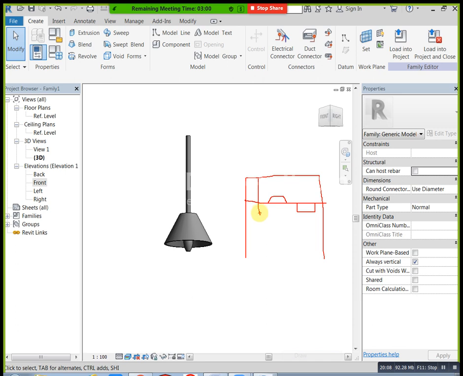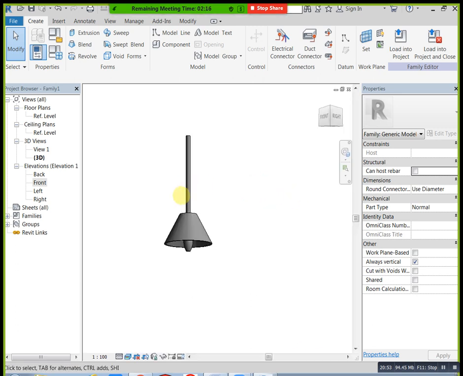This is recessed unvented. This is recessed vented. Depending on that, we need to mention which type you need. This is free handle, that's why we consider it not ceiling mounted. This is our light.